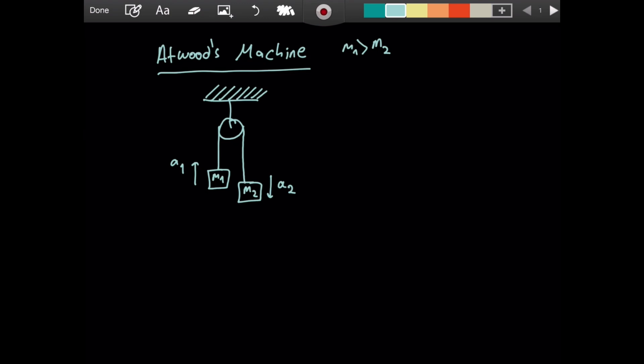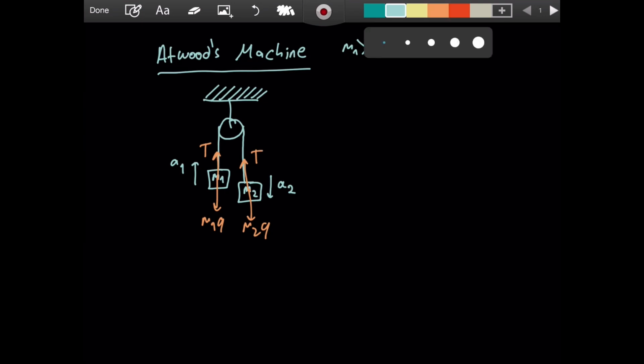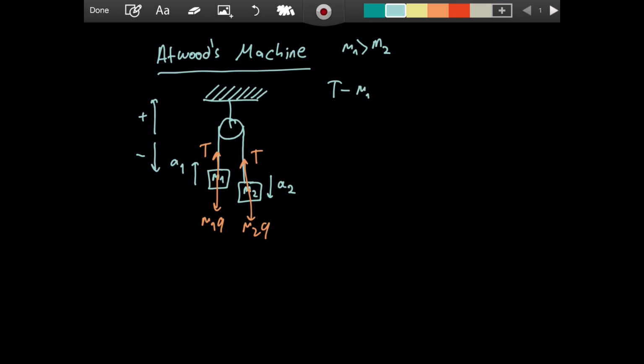And so what can we say? Well, let's write the force equations now. Let's first show the forces. So there is M1G, and there is the tension pulling it up. Then there is M2G, and then there is the tension pulling it up. If I choose the upward direction as positive and the downward direction as negative, then for the first one, the net force is going to be T minus M1G, and it will equal M1A1, right? And then for the other one, again, it will be T minus M2G equaling